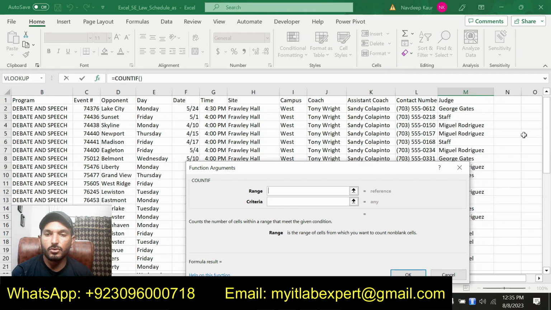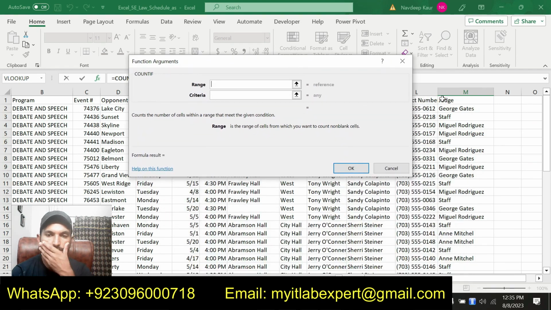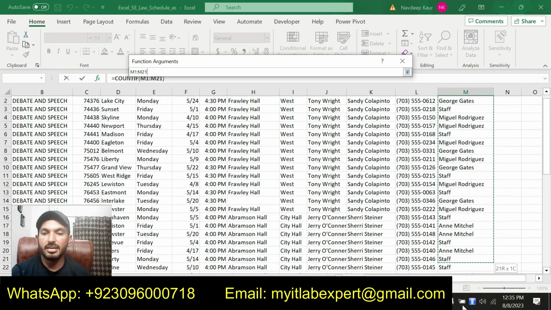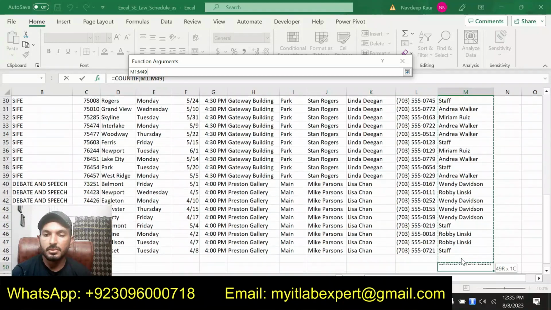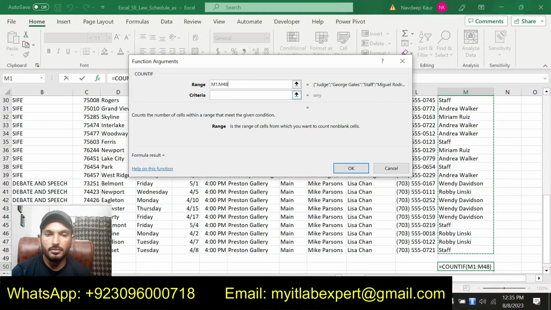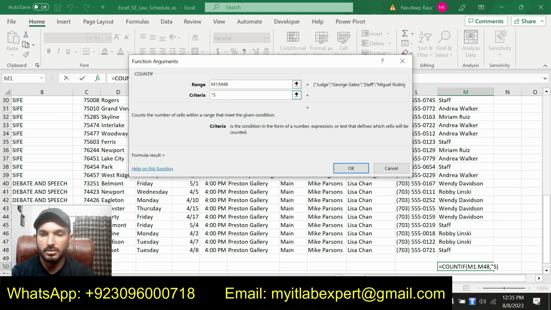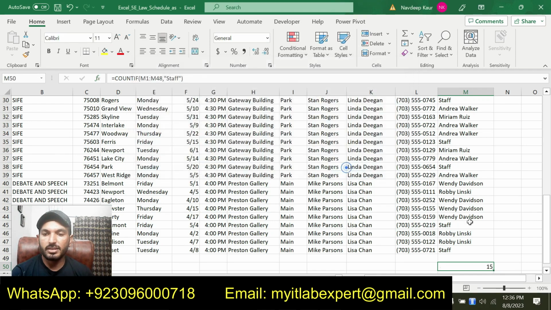So we will select the list, that is M1 up to M48, and the criteria should be Staff. And we will get the count of 15 for unassigned judges.